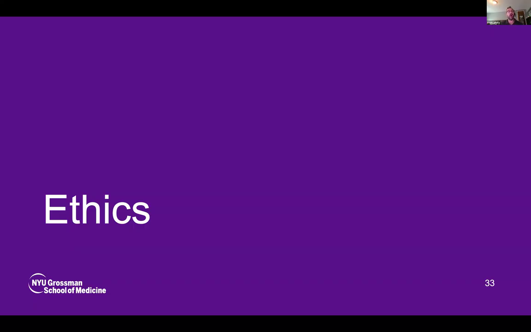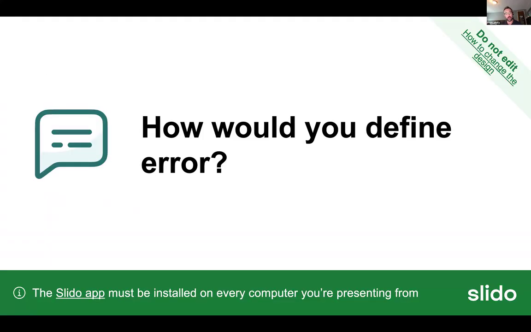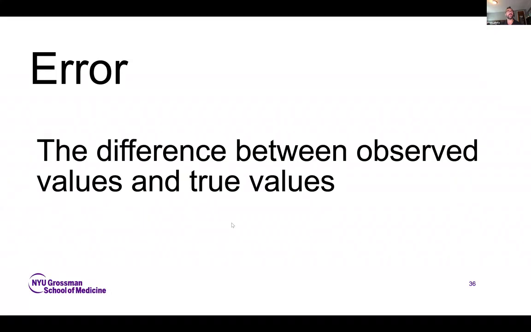So it's important to also think about ethical communication. One common issue is going to be this issue around uncertainty and error. Of course, the Slido is not working, so I'm just going to skip past any sort of real interaction type questions. And just to think about, when we think about error and uncertainty, and for that matter, bias, in the context of what we're thinking about here at its most core level, the error is going to be the difference between our observed values and our true values.